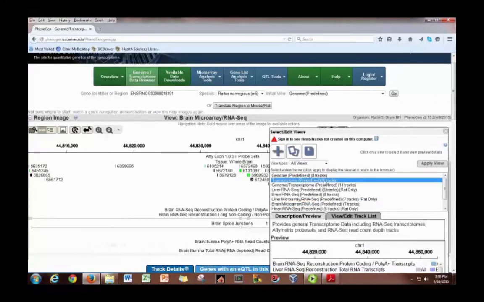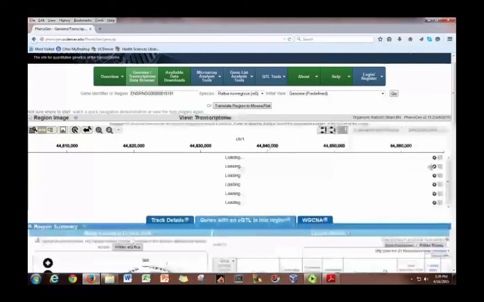How many of you have worked with the UC Santa Cruz browser before? The tracks here are the same kind of concept as on the UC Santa Cruz browser: a track represents information that we have about this area. Ensembl genes is a track, RefSeq genes is a different track, and Affymetrix probe sets are a different track. So if we click Transcriptome and hit Apply View,